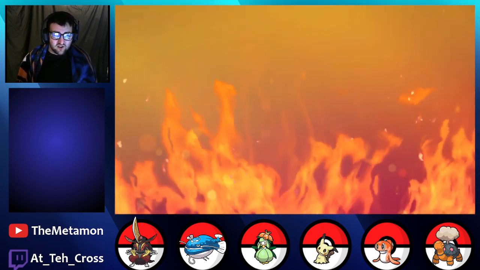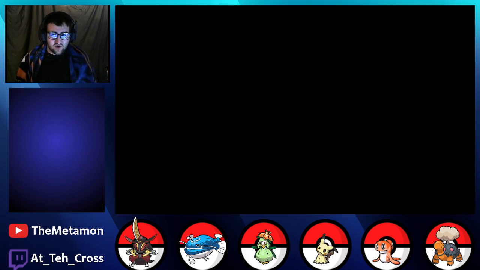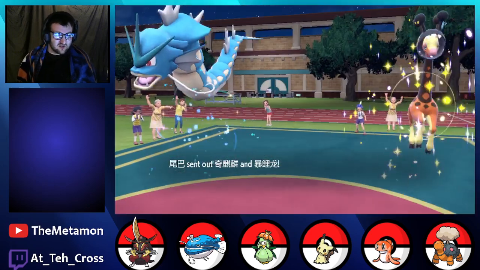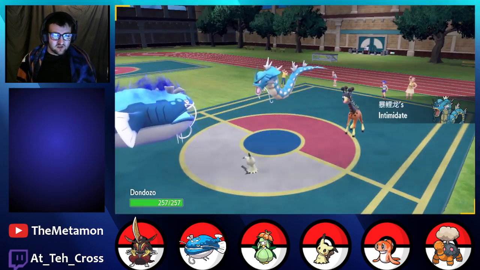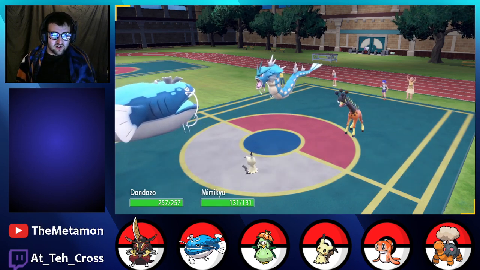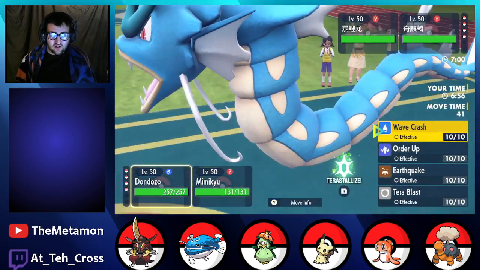But yeah, this team is definitely a lot of speed. They do have the Farigiraf, which I wonder if it has Trick Room. I would expect it to, but you never know. They don't seem to have anything that really takes advantage of Trick Room. Okay, so that's where Clear Amulet would be really nice. But what we'll do instead,